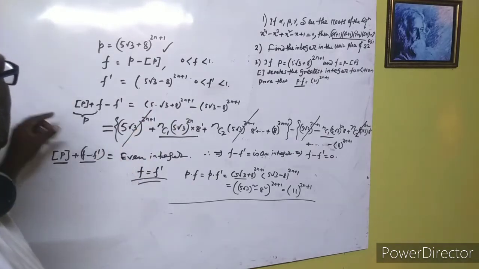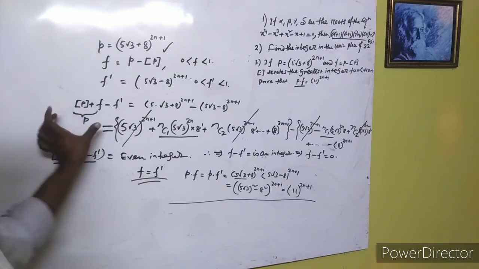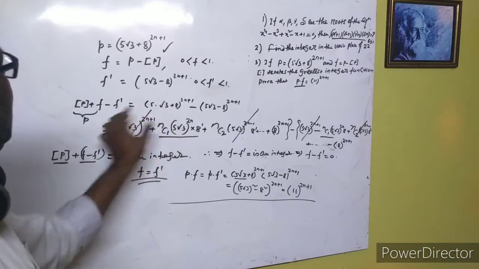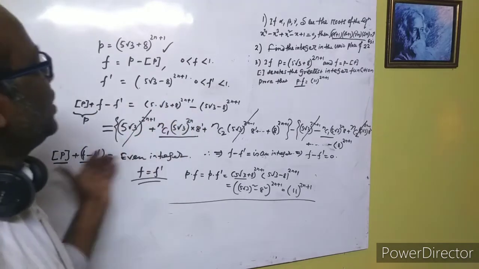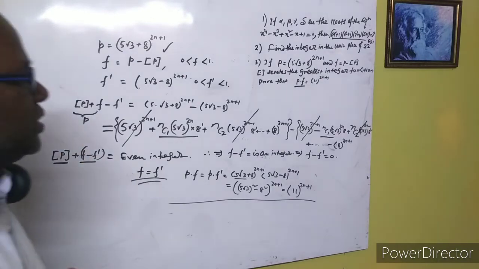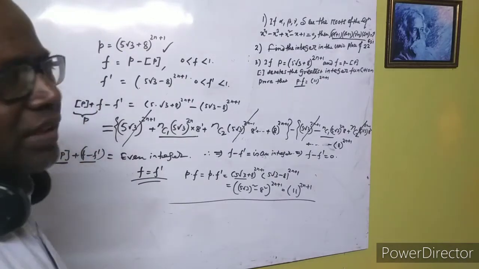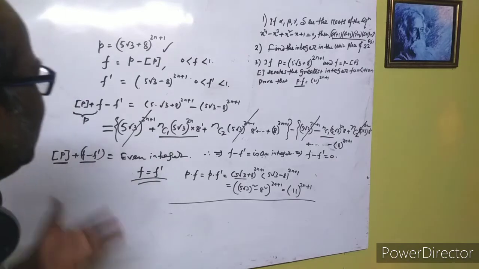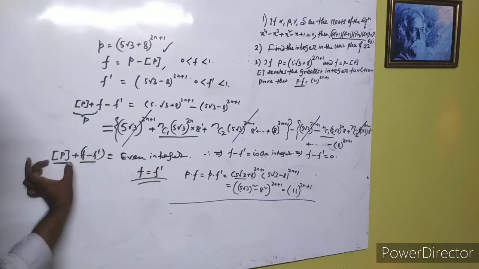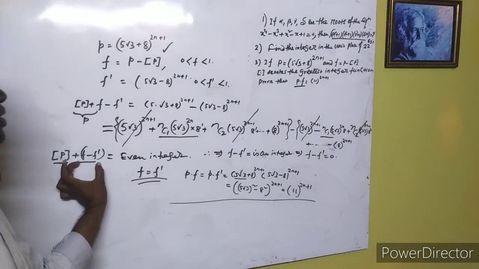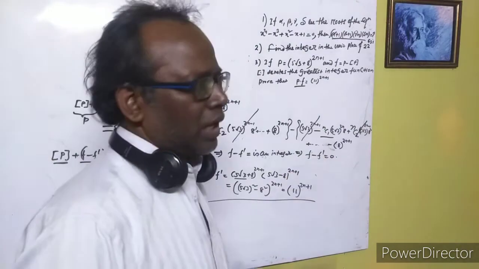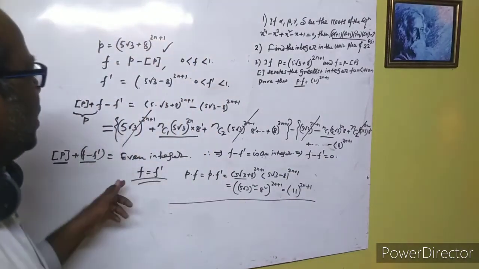And now, this added part is called p, and this is minus f dash. The value of p is here and f dash is here, and when we expand this, we see that the sum of this total expression is given as an even integer, and this is an integer. As the sum of these is an even integer and this is an integer, this will also be an integer. So that is only possible when this is 0 here, otherwise nothing. So that's why f equals f dash.